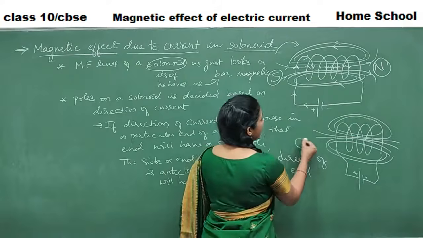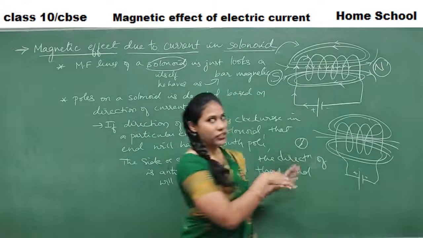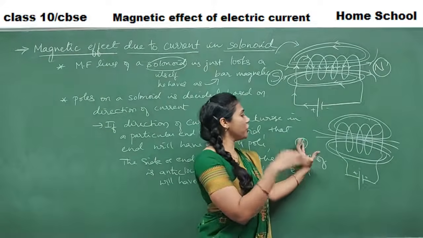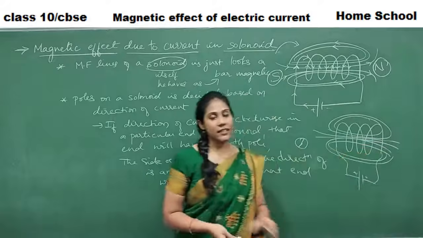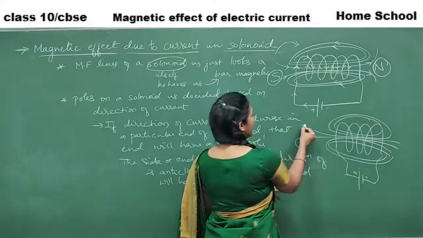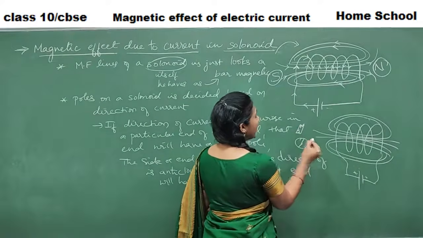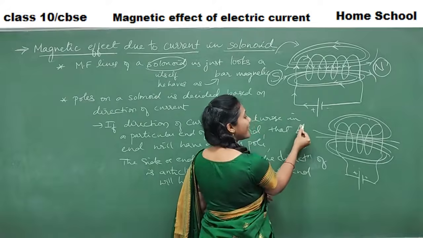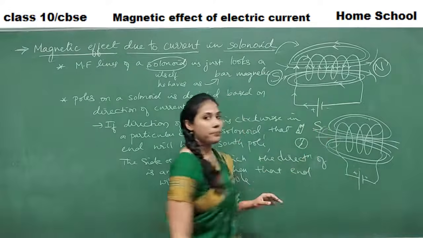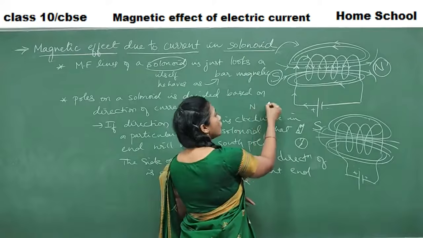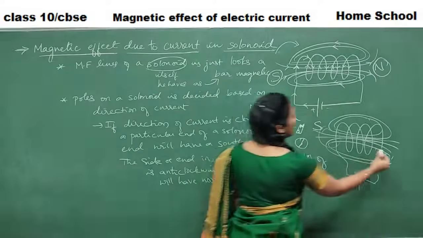Say when I keep a compass needle here, if the needle shows a deflection, yes or no? According to the deflection of the compass needle, you can judge which side is a south pole and which side is a north pole. Or you can take a bar magnet also. Say I take a bar magnet which has a south pole and a north pole. If the north side of the magnet gets attracted to this end of the solenoid, then definitely that end is a south pole, because attraction always happens between north pole and south pole, right? Always, unlike poles get attracted. The same bar magnet, you keep it here.